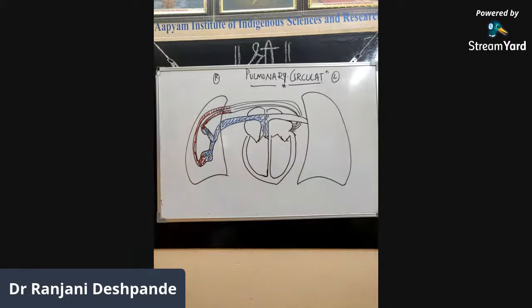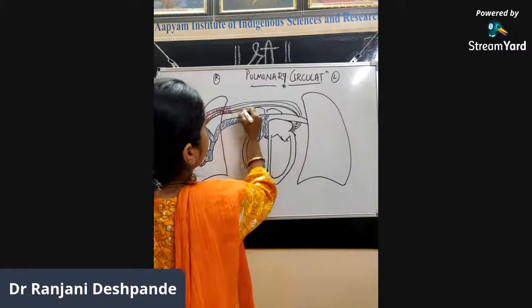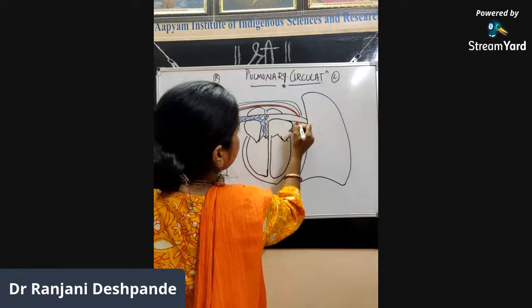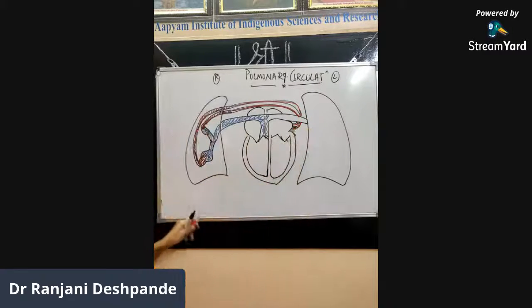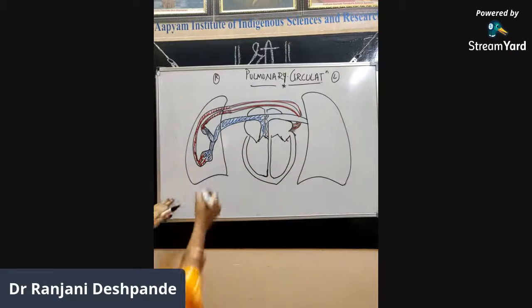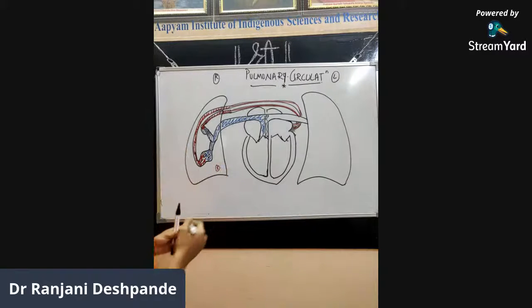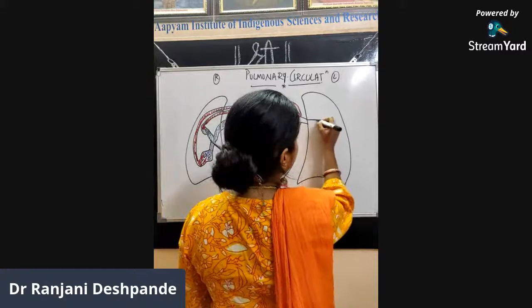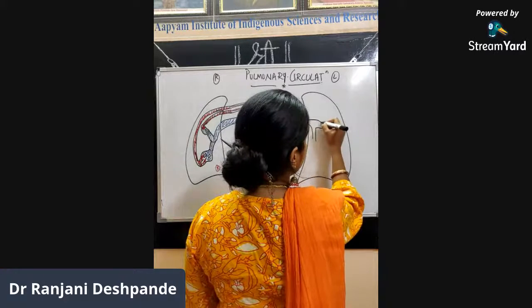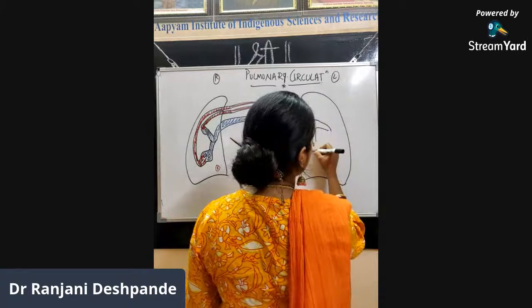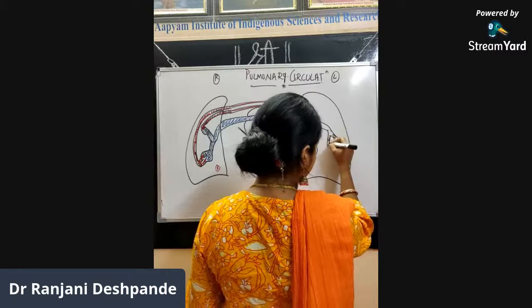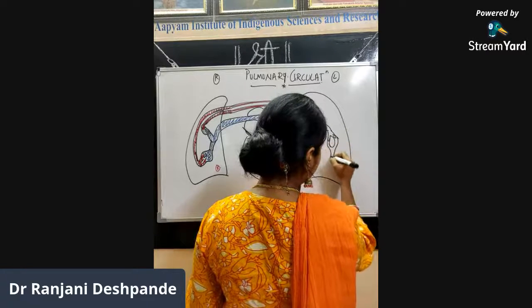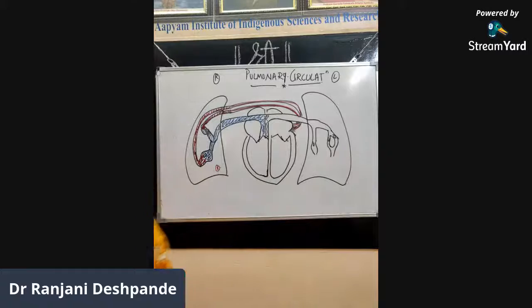Suppose we consider grossly like this. So we have the two pulmonary veins coming and draining into the left atrium, from the right side. Now the same thing also happens on the left side. So this will come, break into several branches. So then there will be capillary exchange, from which